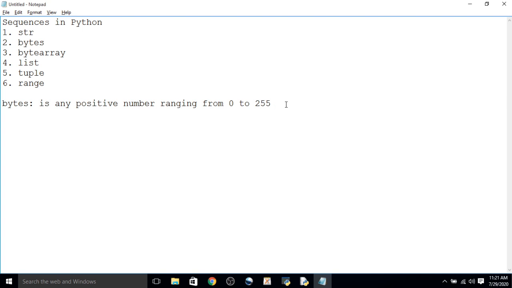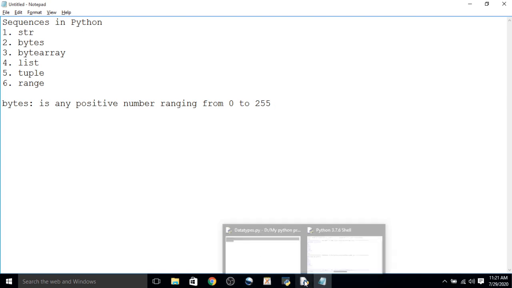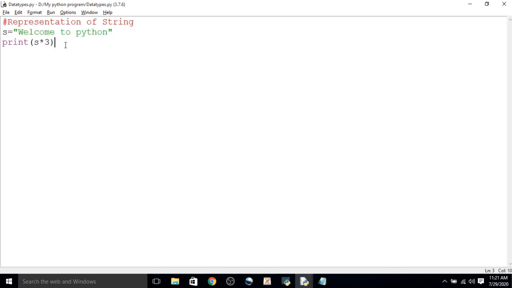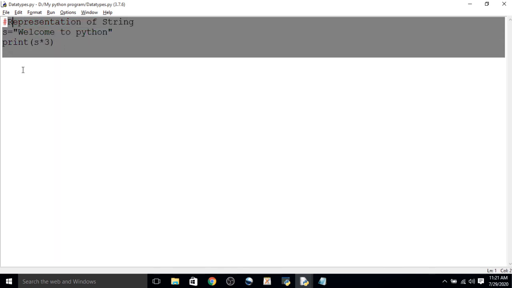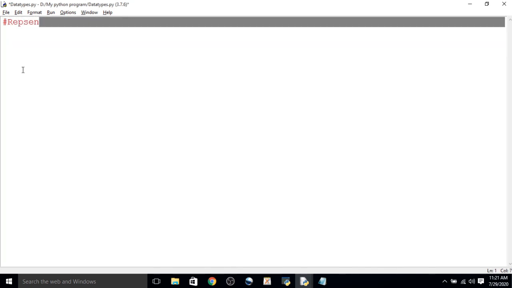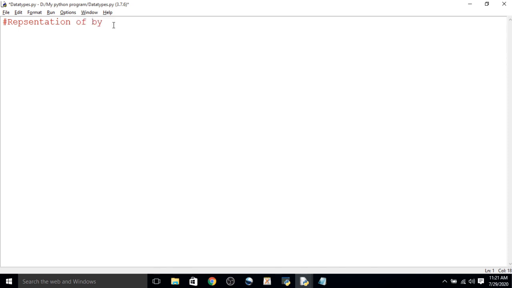Now we have to take an example. Suppose for example we have stored some elements within that. Now the representation of bytes data type. How will the bytes data type be represented?